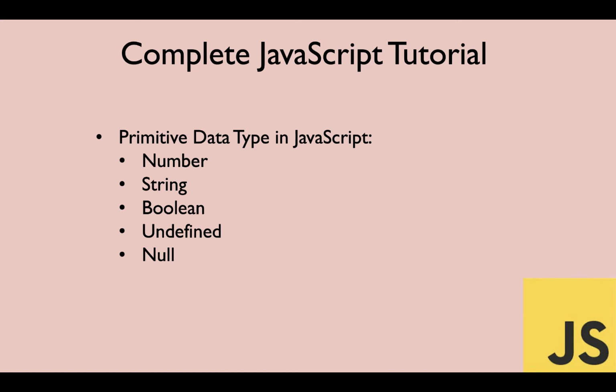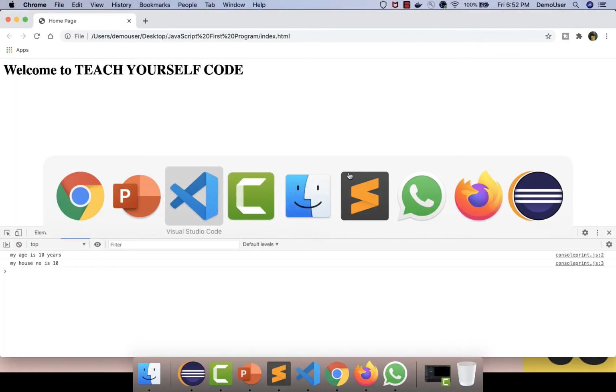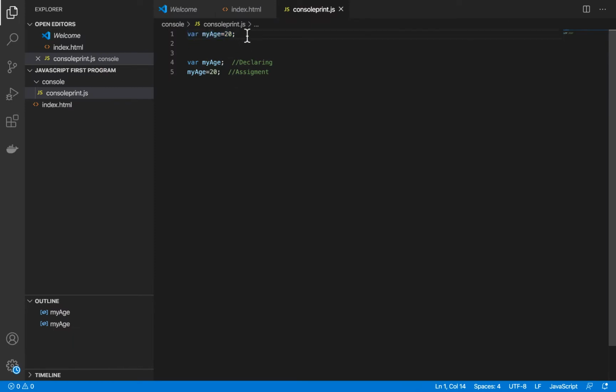So talking about the number data type in JavaScript first of all, I'll go back to my Visual Studio Code. You can see this is a kind of data type that is called integer. We are assigning a value over here that is 20. So this is an integer data type. The same thing we can do is provide my age in, let's say, string. This is the name of your variable and I can provide 20. So this is a way in which you are declaring a string type of variable over here.